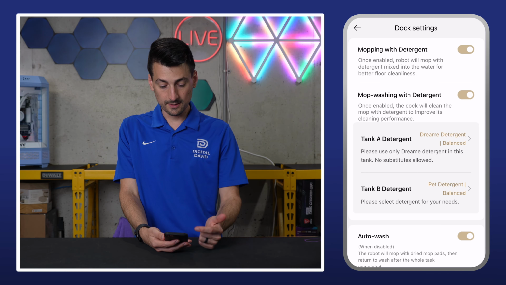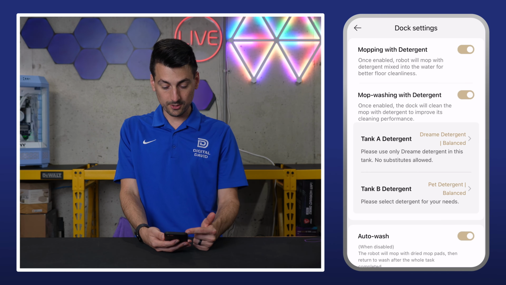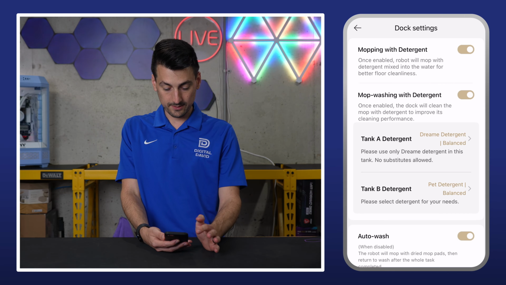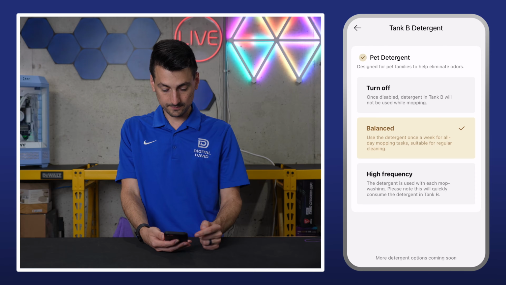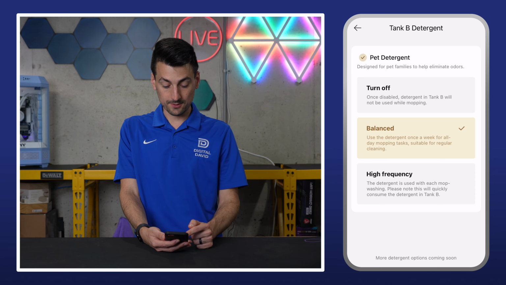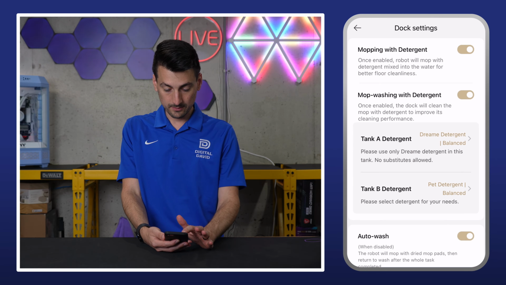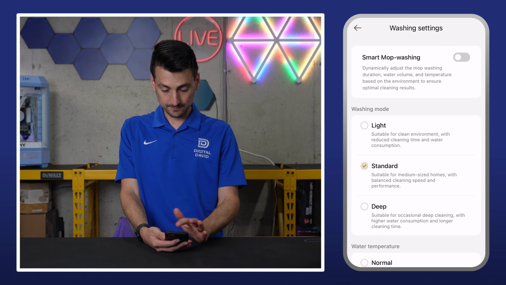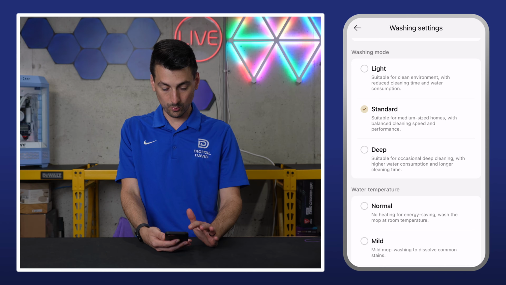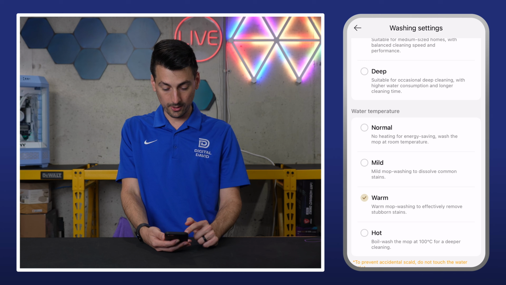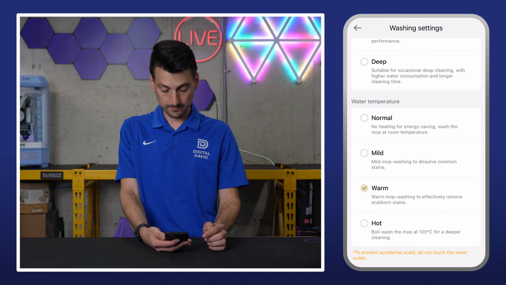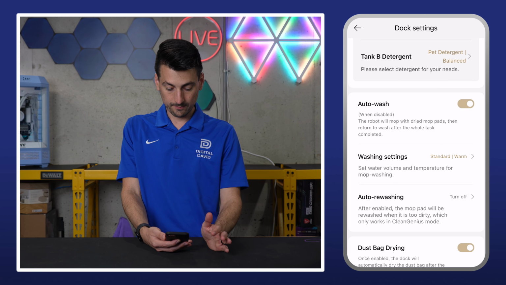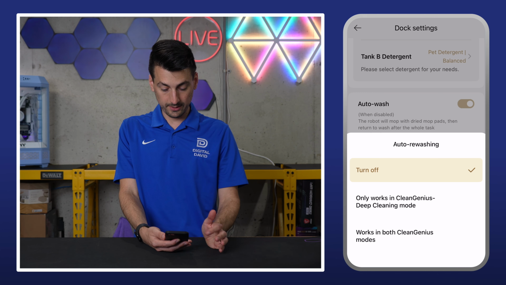Dock settings. Mopping with detergent, mop washing with detergent, detergent A. So off or balanced, detergent B. Off, balanced, or high frequency. Auto wash, washing settings. Smart mop washing, what washing mode do you want? What water temp do you want? Auto rewashing,